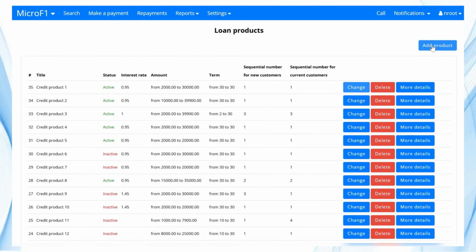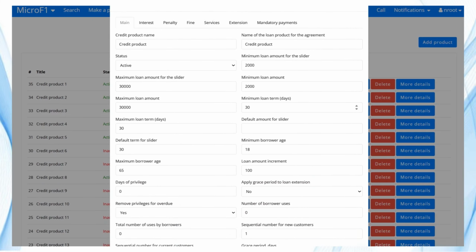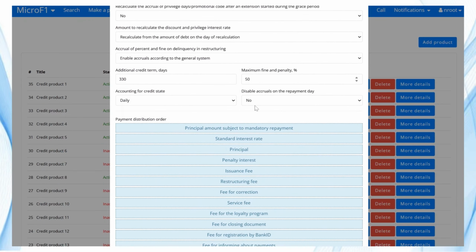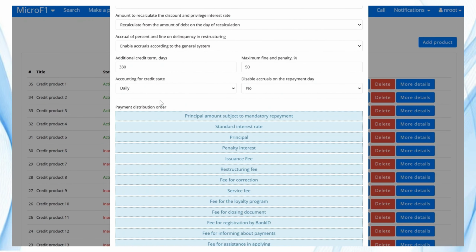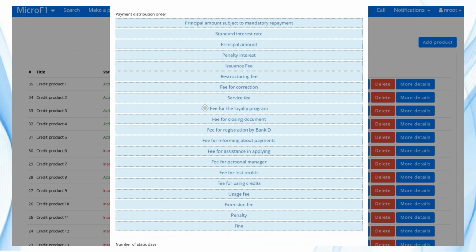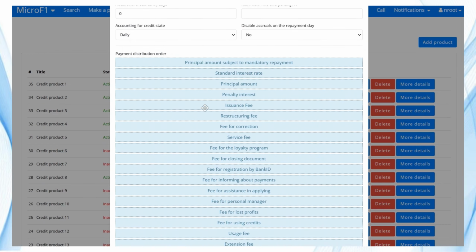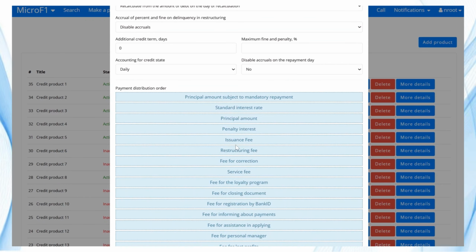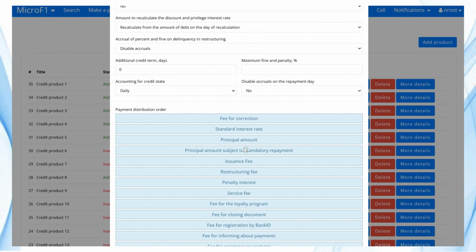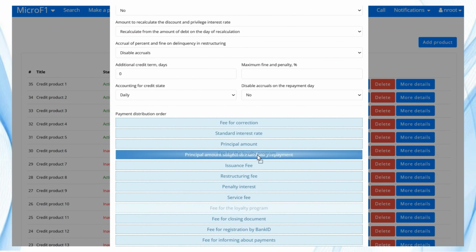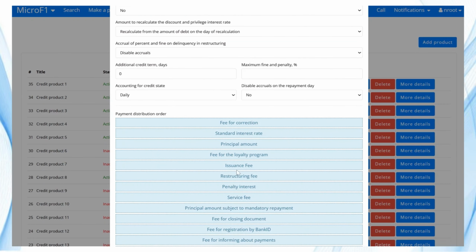For example, in the Main tab, one of the first things worth noting is the Payment Distribution Order block. This is one of the key elements of a credit product, as it defines the logic of how payments are automatically distributed when the loan is repaid. In this list, you manually define the payment priority, which operates fully automatically. The system independently allocates each client payment according to the specified rules,